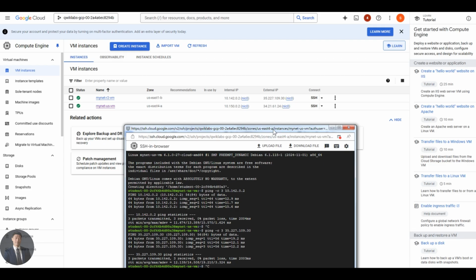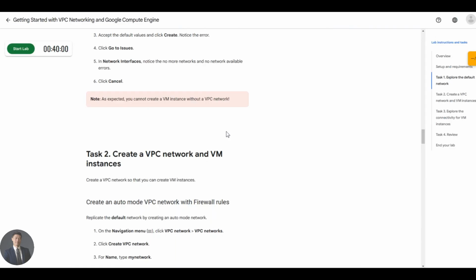Let's now remove the allow ICMP firewall rule and try to ping internal and external IP address of mynet-r2-vm. Go to navigation